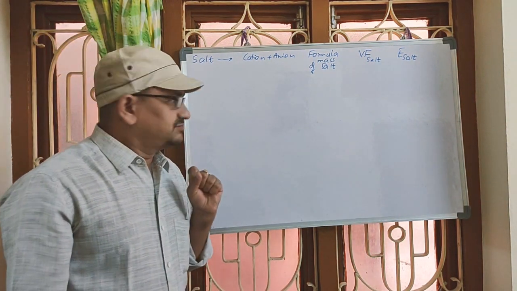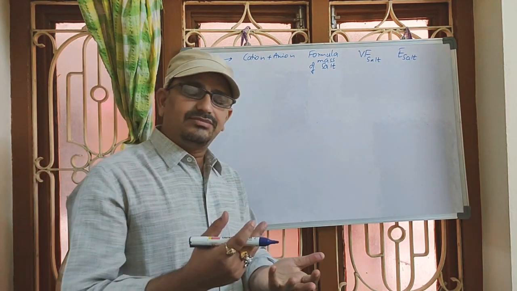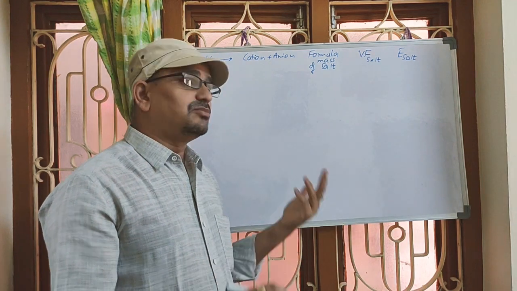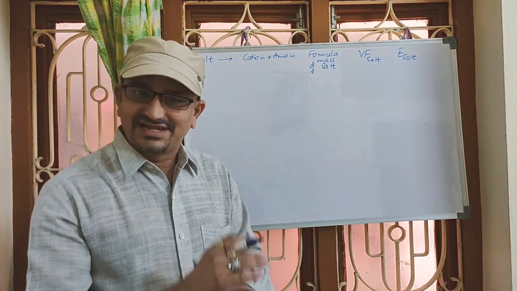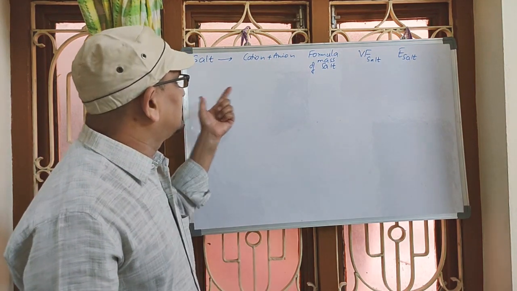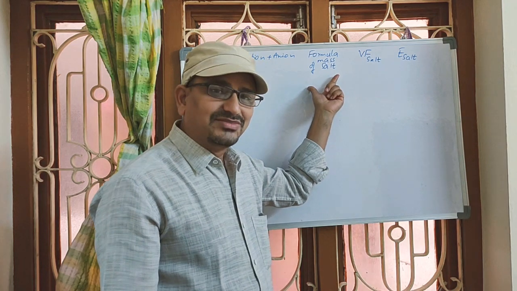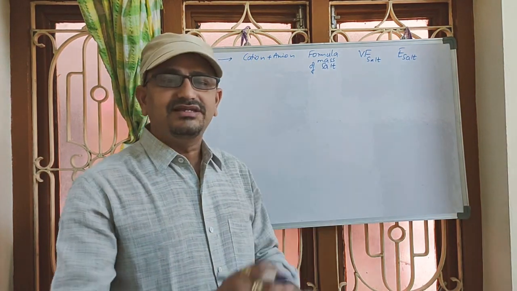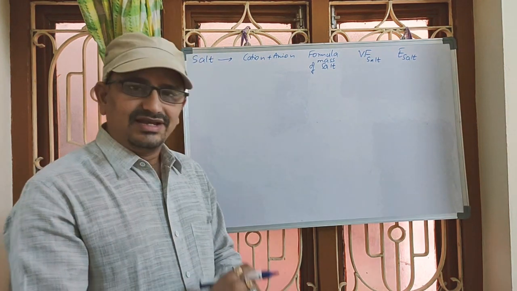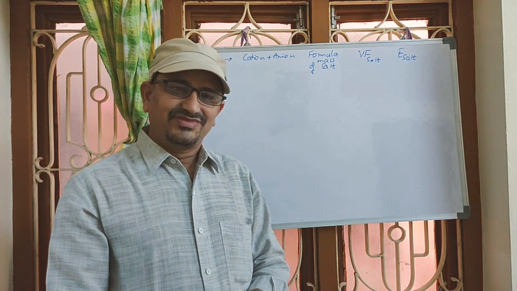Here you may get a doubt. In previous classes, in the calculation of equivalent mass of acids and bases, we use molecular mass of acid or molar mass of acid or molar mass of base like that. But when it comes to a salt, we are using the word formula mass instead of molar mass. Why that difference? Let us discuss. Suppose you consider a substance like CO2.